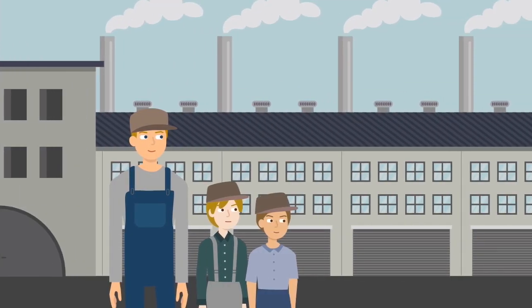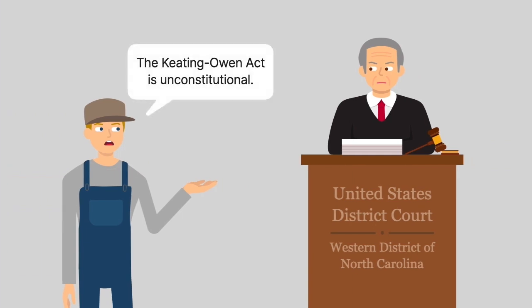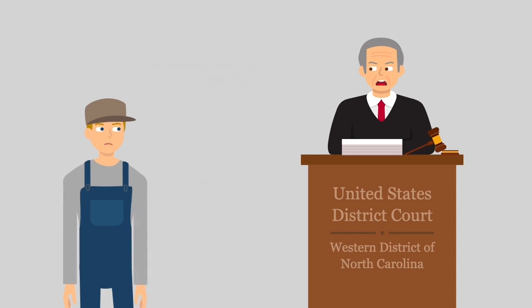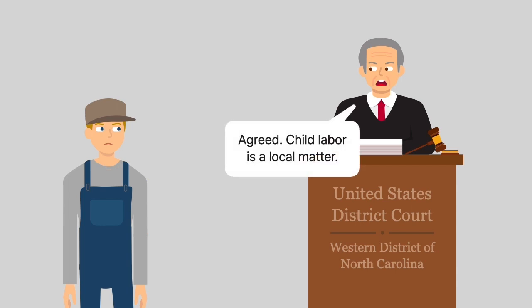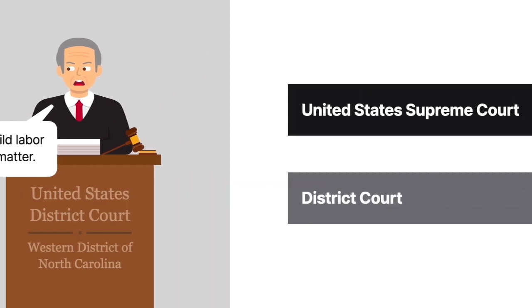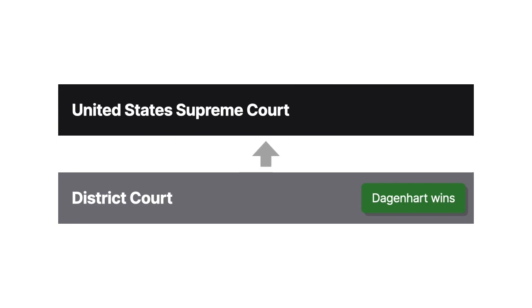Dagenhart owned a cotton mill and employed two of his sons there. He brought a constitutional challenge against the Keating-Owen Act, alleging that it was an unconstitutional exercise of Congress's Commerce Clause authority. The District Court for the Western District of North Carolina agreed with Dagenhart. The court held that Congress acted unconstitutionally in attempting to regulate child labor because it was a purely local matter. On direct appeal to the United States Supreme Court,